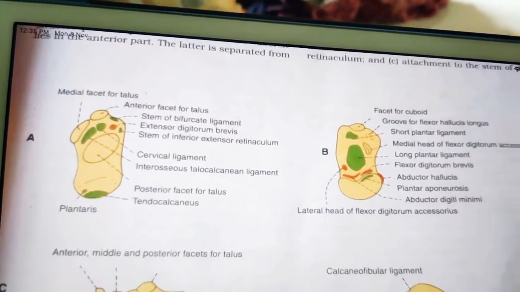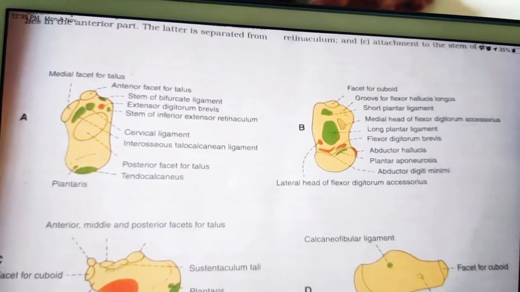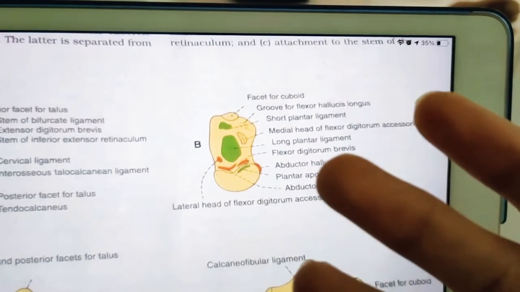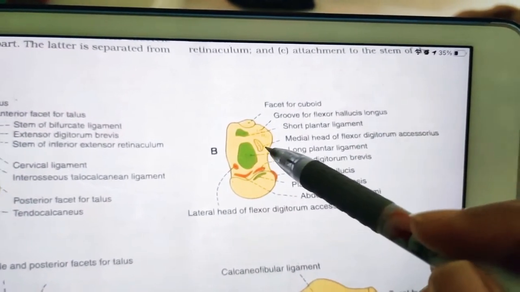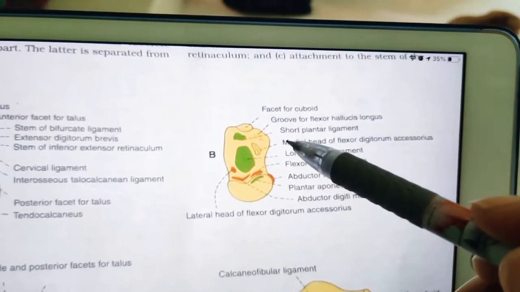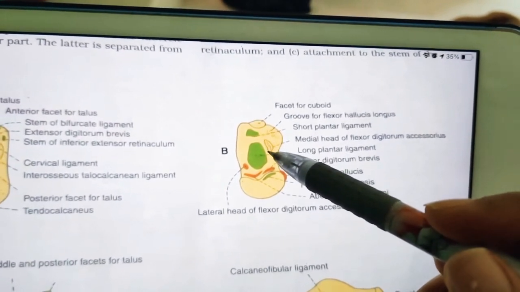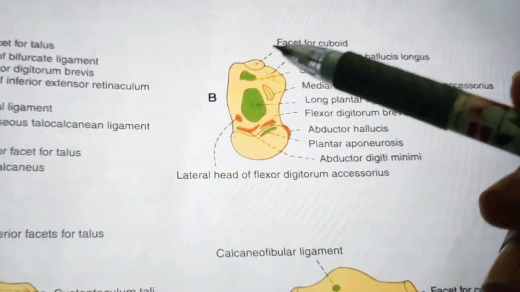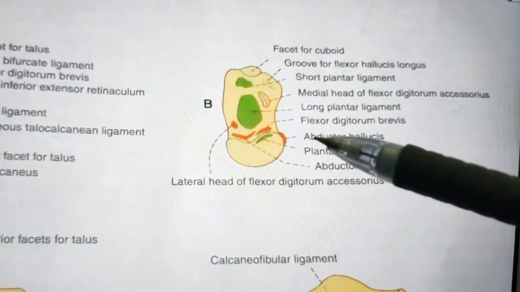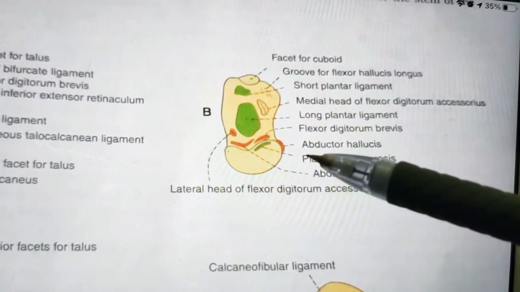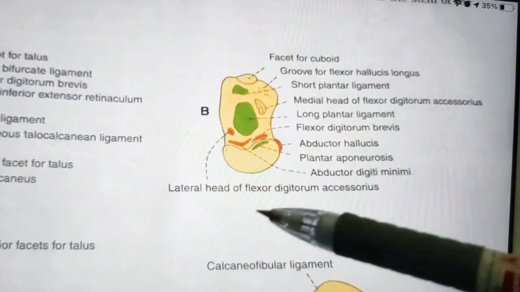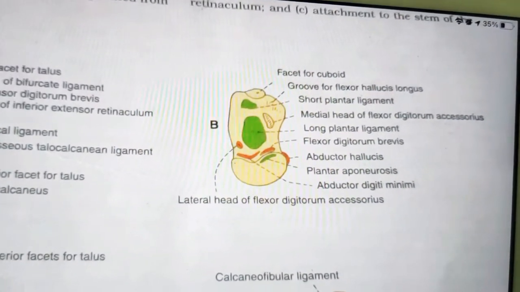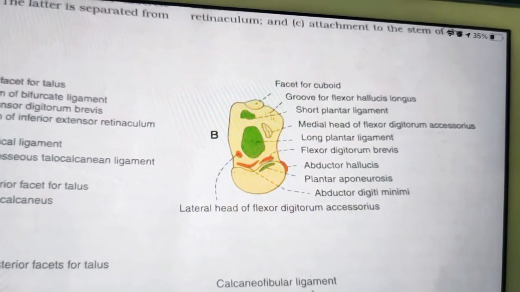Okay, now coming to the plantar surface. The plantar surface is nothing but the inferior view. This is the plantar surface, right? So it is rough, marked by three tubercles, the medial and lateral. You can see here the medial and lateral tubercles. Medial tubercle, lateral tubercle. So it has medial, lateral, and anterior tubercles, whereas the medial and lateral tubercles are situated posteriorly, and the anterior tubercle lies in the anterior part. Next, the latter is separated from the anterior border by a rough and depressed area.